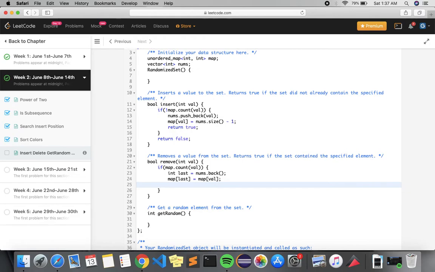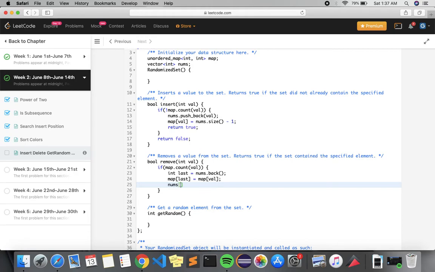So what I am doing is just changing the map of the index. I am changing the index value of the last element to the index value of the current value element.